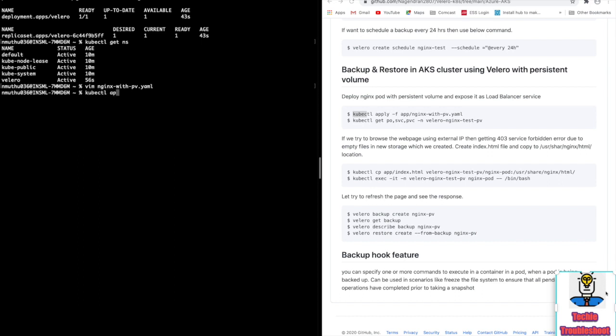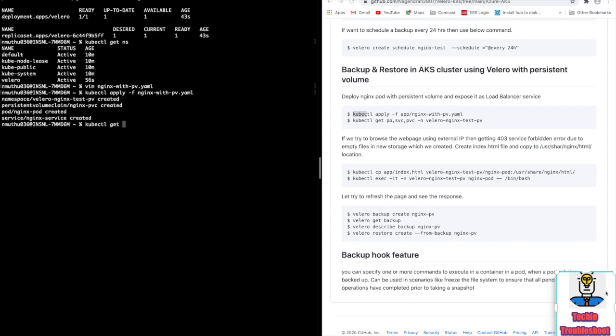So I'm going to apply. It will create one new namespace, one pod, one persistent volume claim, and it exposes it as a service so that we can browse from outside. I use a load balancer type here.